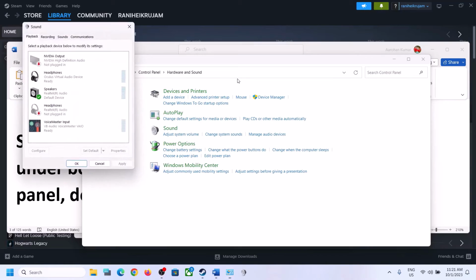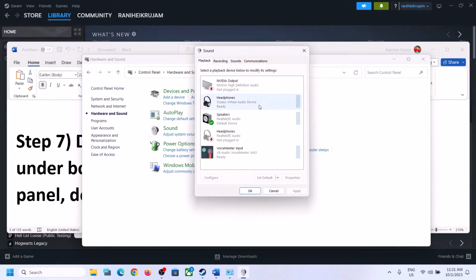Again click on sound. And then over here you can see I have so many audio devices. So make sure that you enable only the speaker which you want to use. Like for me, it's Realtek audio which I'm using right now. Whichever device you want to use, just make sure that only that is enabled,